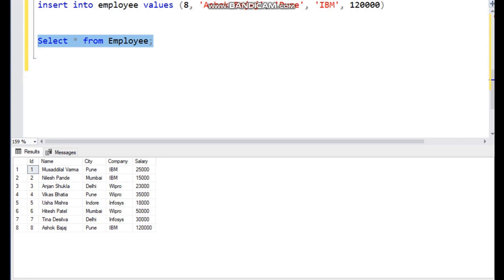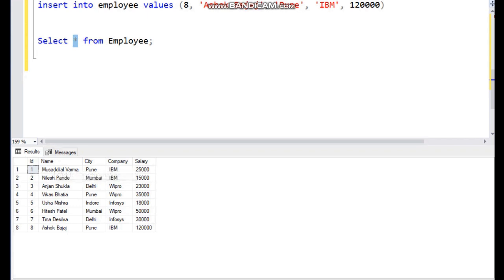Now if you want a particular column, let's say name, I want only the names of the employees. I don't want all the columns, I want only the names. So you will replace the star with the column name.